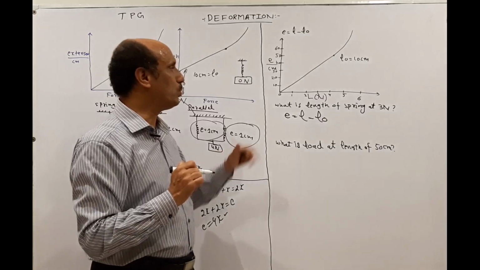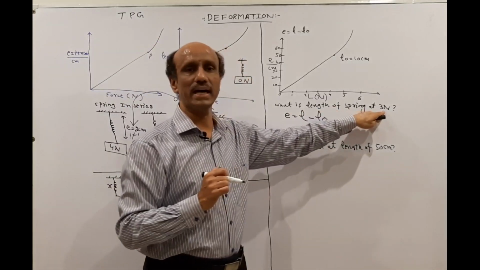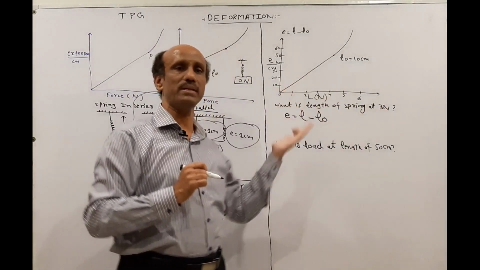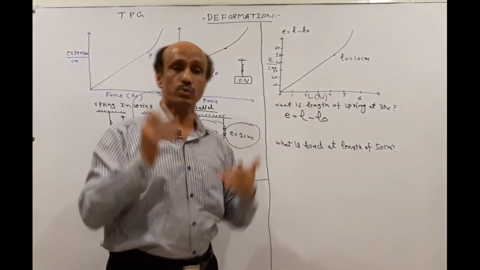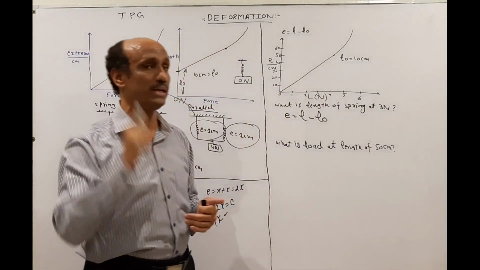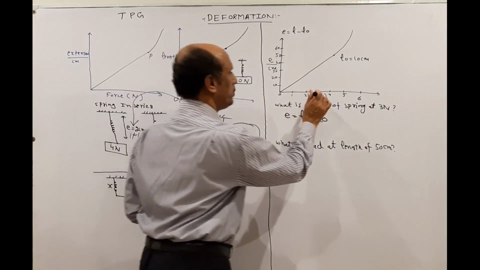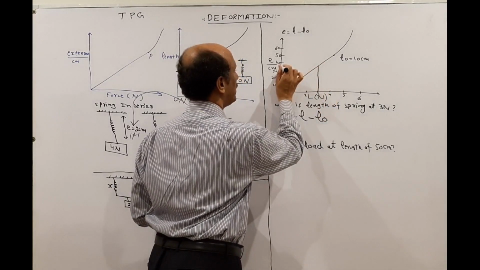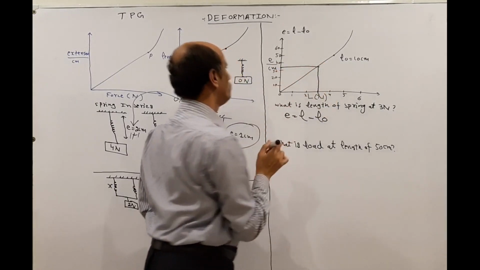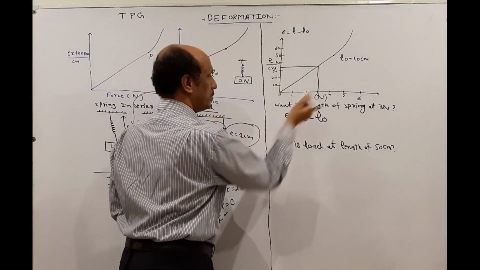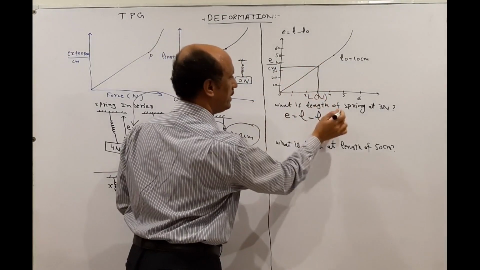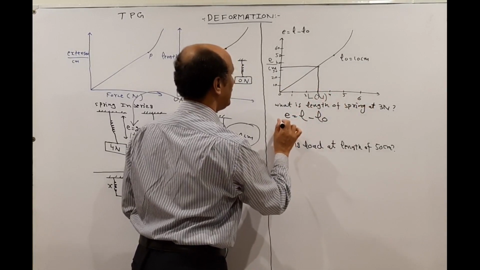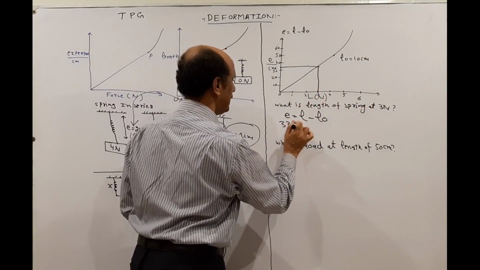If you can see the diagram, the unstretched length is given as 10 centimeter. So what will we do? First of all, we will find the extension, because this graph is given in the extension and the load. So we will find the value of the extension by using the 3 Newton. So for the 3 Newton, what will I do? Let's suppose that this value is 33. So at this 3 Newton, the extension is 33 centimeter.